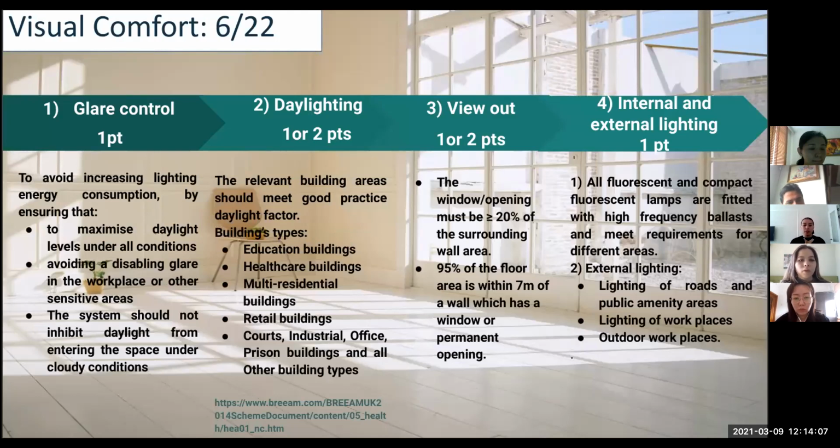The first subcategory is visual comfort. The aim is to increase visual performance by daylighting and artificial lighting. So here we can see that we can put 6 from 22 points. The first indicator is glare control. Here we use glare control strategy, building form or layout to decrease lighting energy consumption by maximizing daylight levels under all conditions, or avoiding undesirable glare in the workplace or other sensitive areas, and inhibit daylight from entering the space